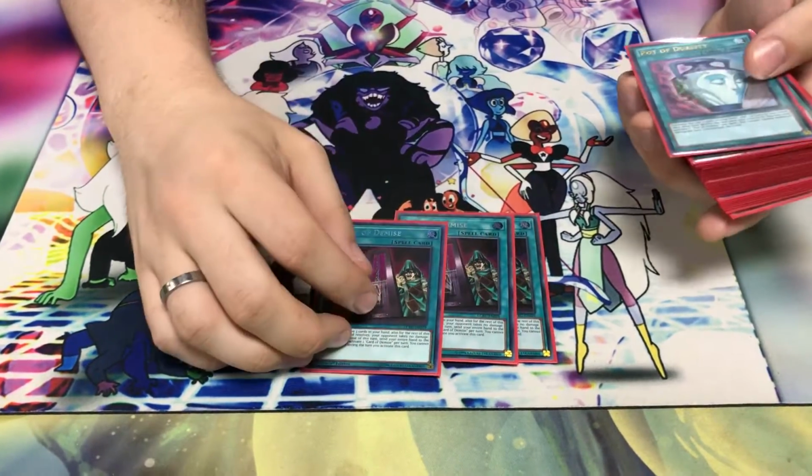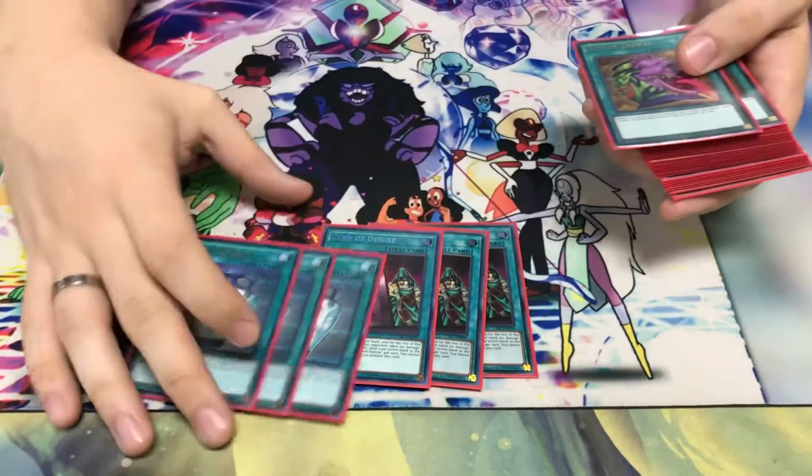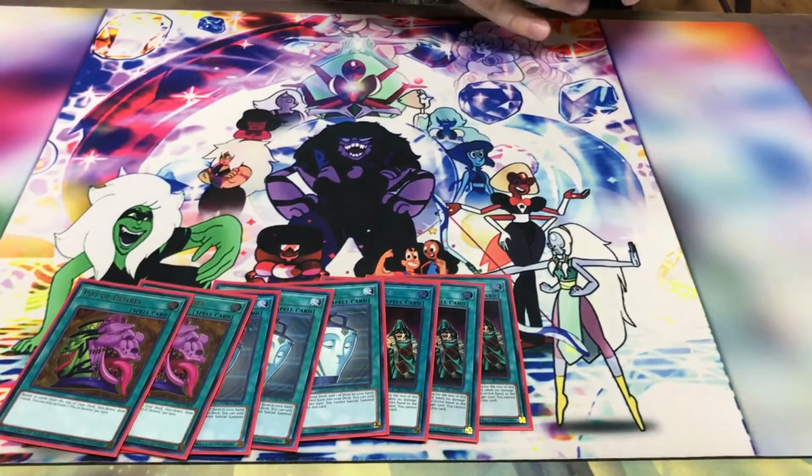Spell cards, 3 Demise. Just got these in the mail today. They're the Secret Rares. Absolutely love them. 3 Duality, don't really special summon in this deck, so pretty obvious choice. And then the 2 Desires. That is actually it for the spells. As I said,